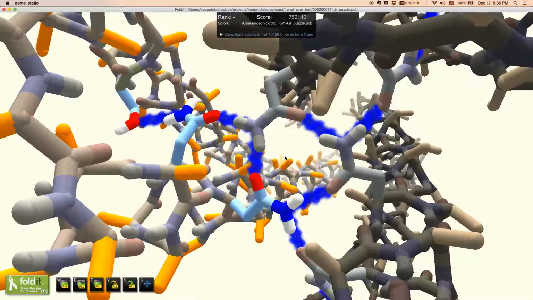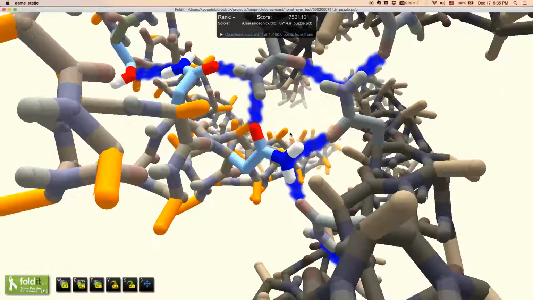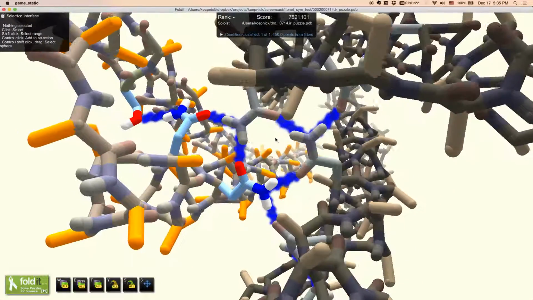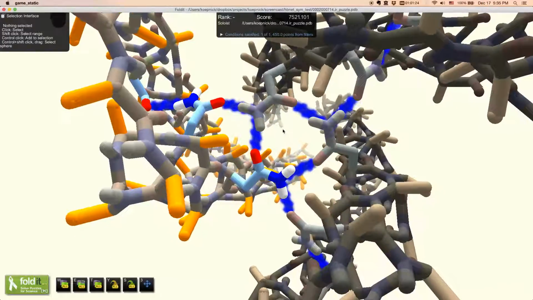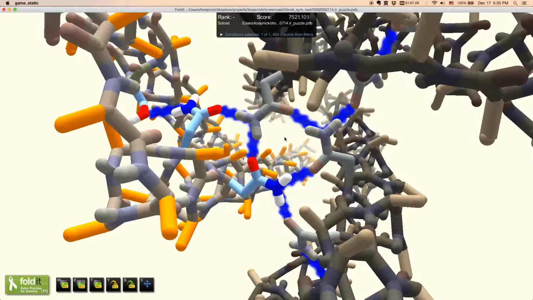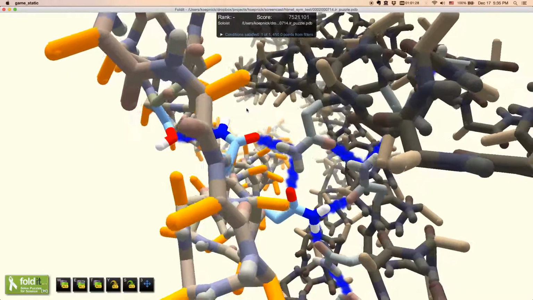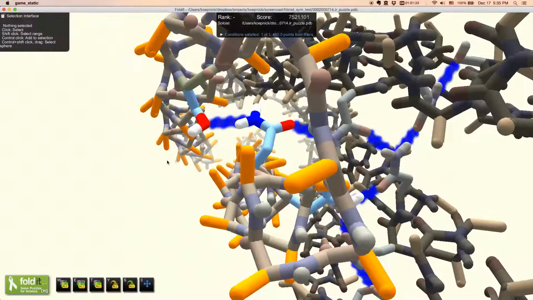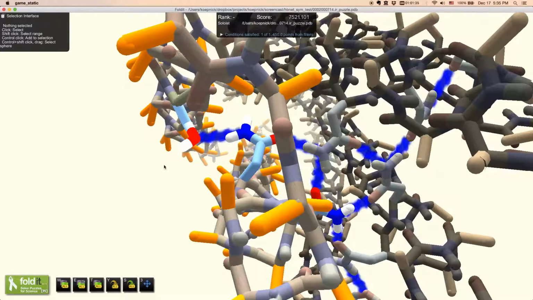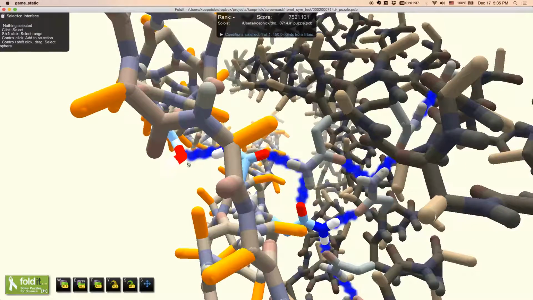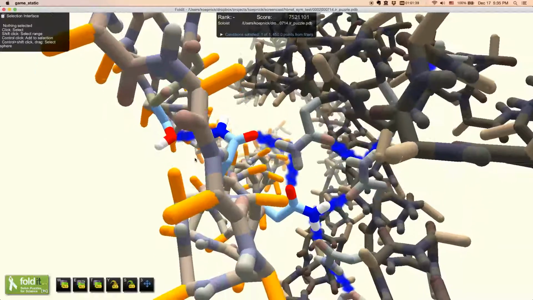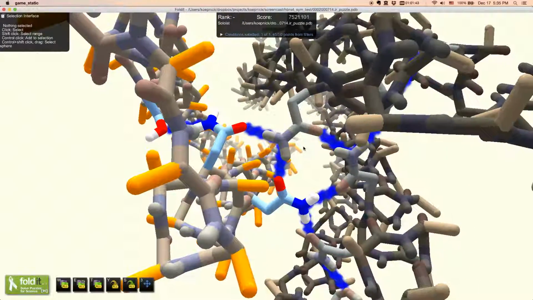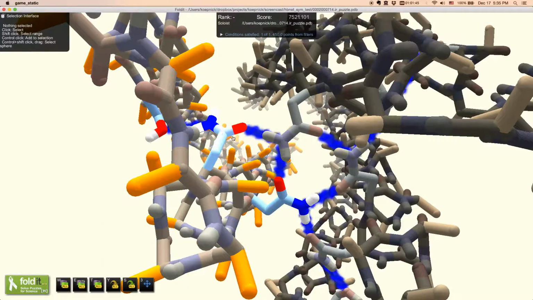So this is an ideal hydrogen bond network. This is what we would like Foldit players to strive for, or even to beat. If you could satisfy even these other polar atoms, which realistically would make hydrogen bonds with water probably, or at least this serine would. But in terms of Foldit, we count only hydrogen bonds with the protein, not with water.